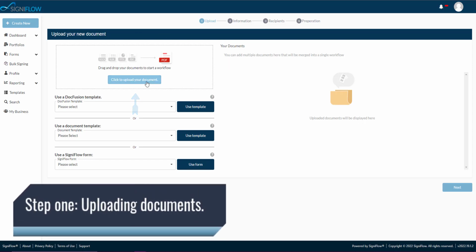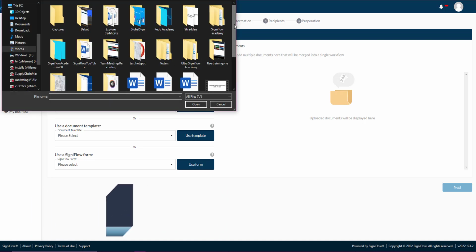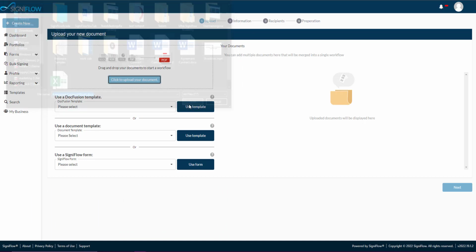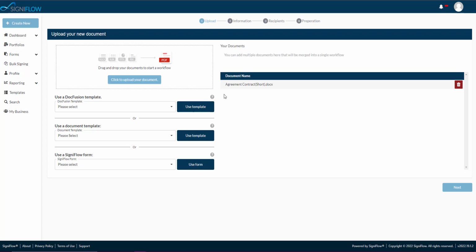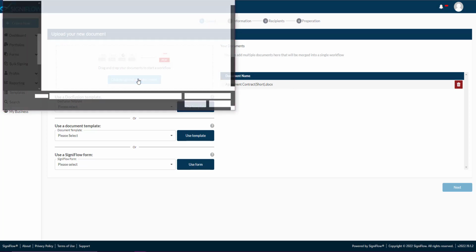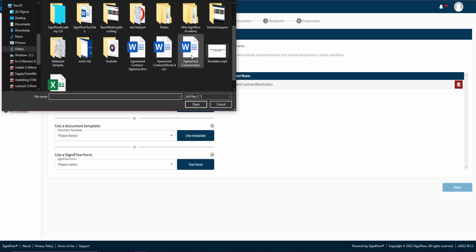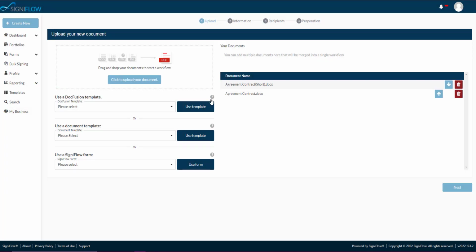Step 1. Uploading the documents you would like to workflow. There are a number of options available here. You can immediately drag and drop a document, or click here to find one on your computer. If you've connected a DocFusion account to your SigniFlow business profile, you'll be able to use a pre-configured DocFusion template. If you have set up any document templates, you will be able to immediately use them from here. And if you want to use a form that has been set up within your business, you can also do